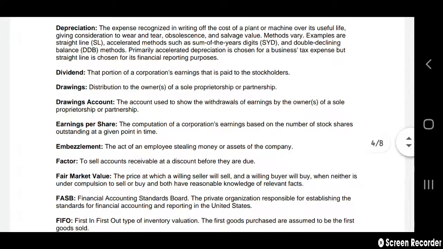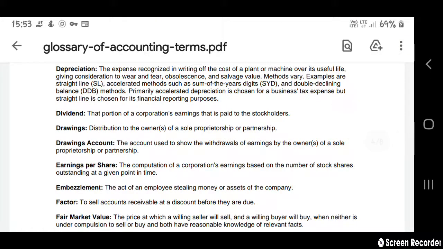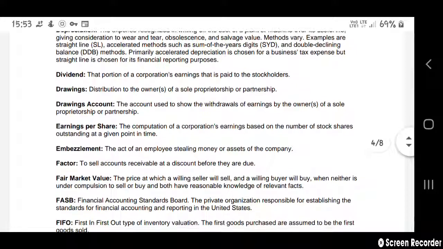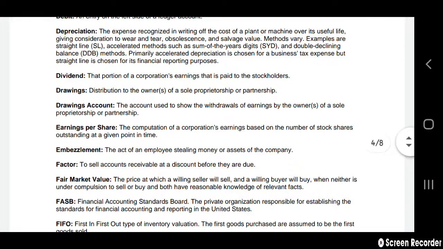Depreciation. The expense that is recognized in writing off the cost of a plant or machine over its useful life, giving consideration to wear and tear, obsolescence and salvage value. Methods vary. For example, the straight line method, and accelerated methods such as sum of the years' digits and double declining balance method. Primarily, accelerated depreciation is chosen for business tax expenses, but straight line is chosen for the financial